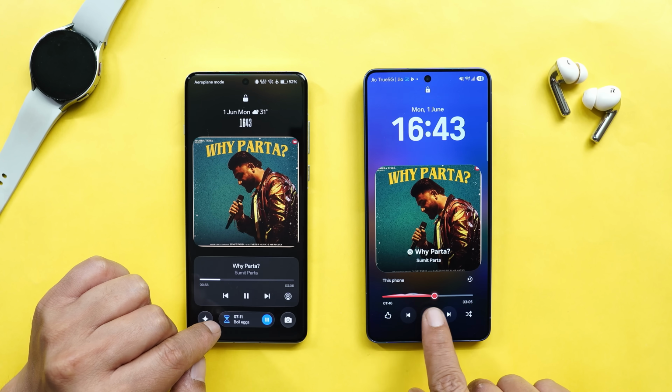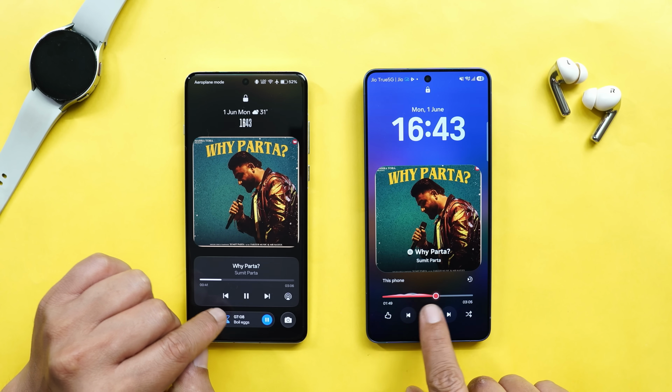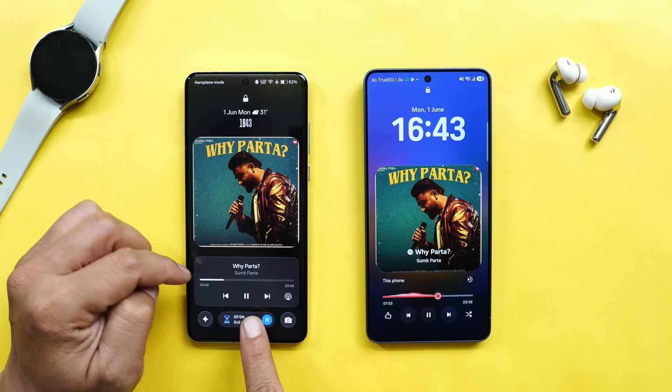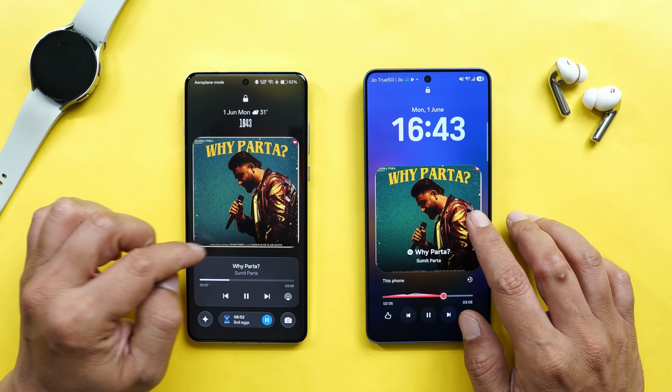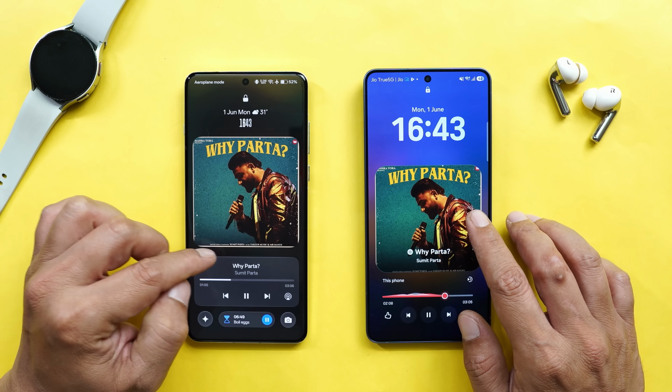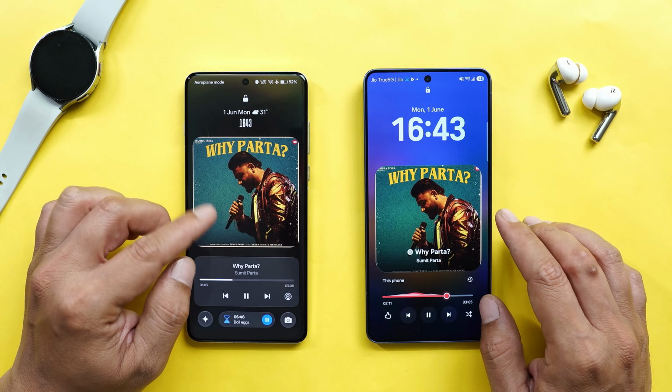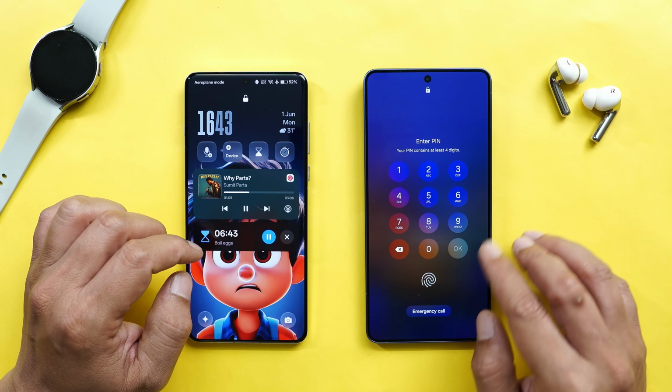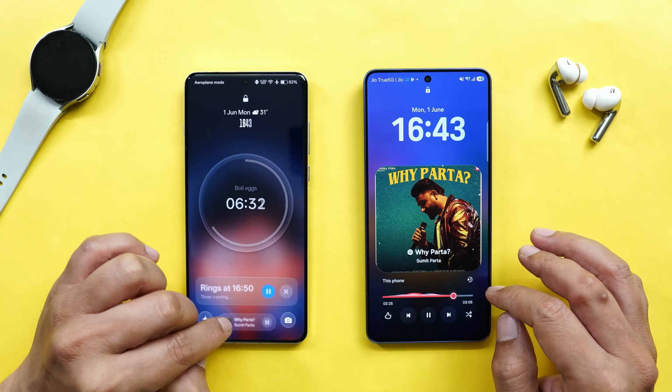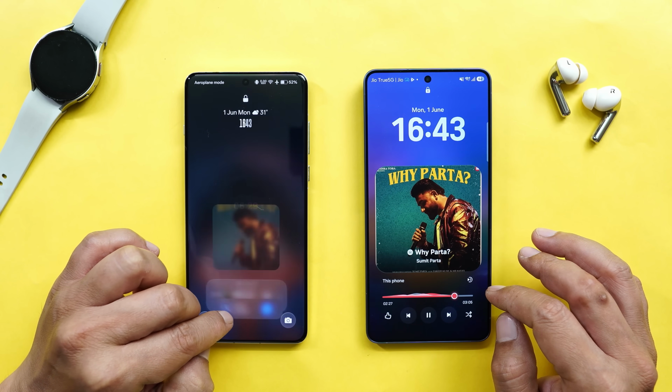Though with 9.0, they have introduced this colorful wave effect on the progress bar. On OnePlus smartphone, we have a basic progress bar, and OnePlus will also be adding the lyrics feature with the upcoming updates on their OnePlus smartphones, either with upcoming builds or with OxygenOS 17. And if you take a look at the animations here on OnePlus, they are super smooth and we don't see